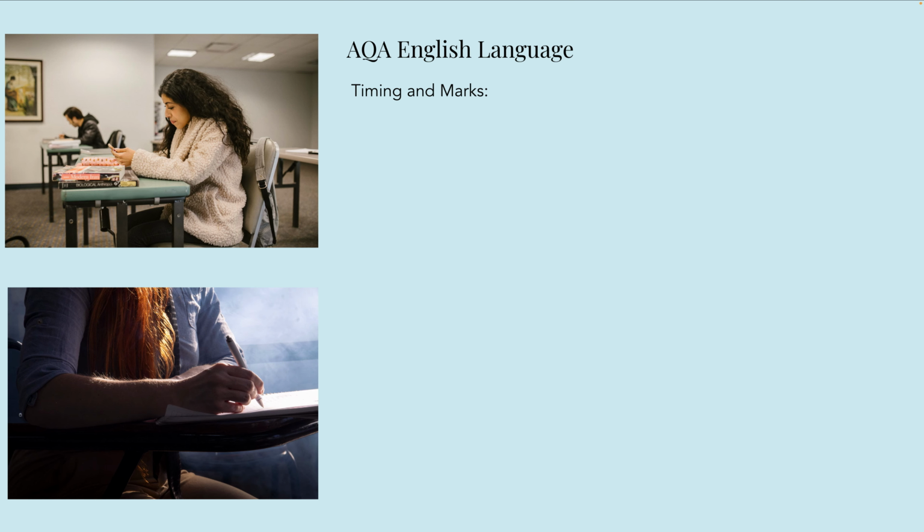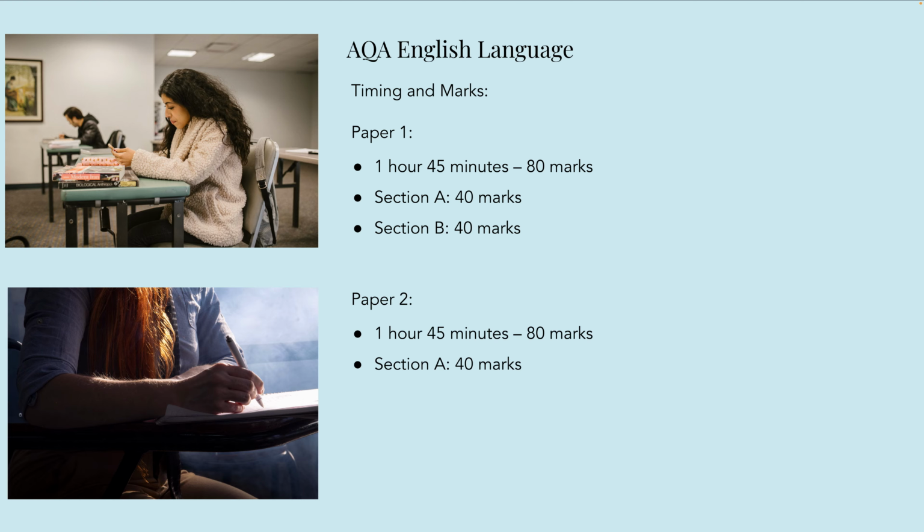Timings and marks for English language are a little different. Paper 1 is now 45 minutes, a total of 80 marks, split equally between section A and section B, and the same for paper 2, an hour and 45, 80 marks split equally between section A and section B, which makes the 2 section Bs, which are the 2 question 5s, the 2 writing questions, 50% of your final English language grade, which is huge. It's a big thing. So this thing with English language, especially for section B and question 5, is to practice